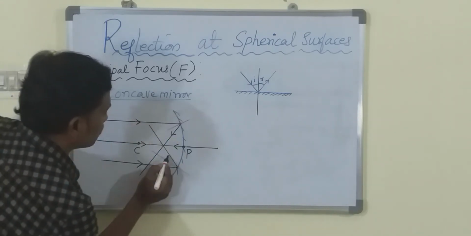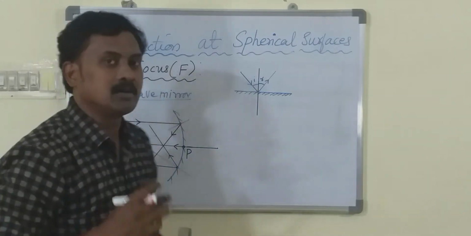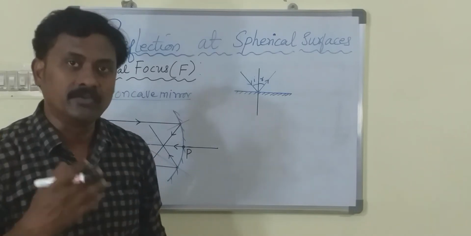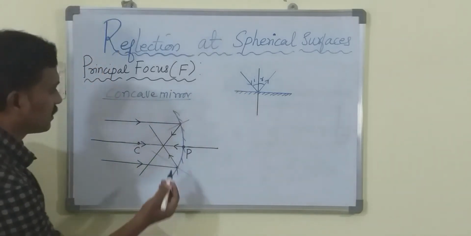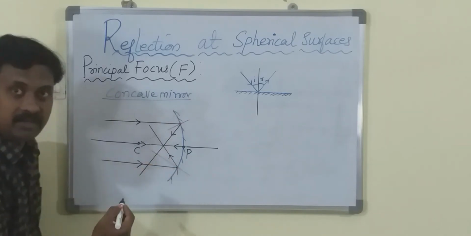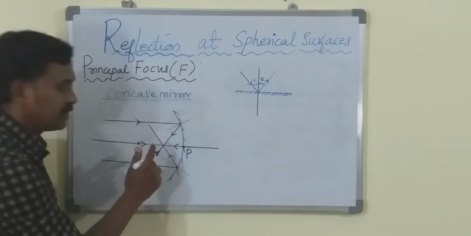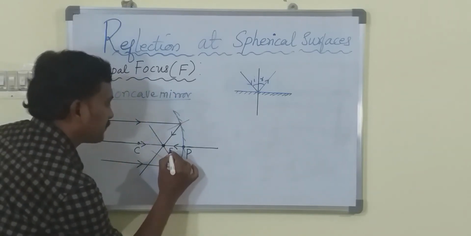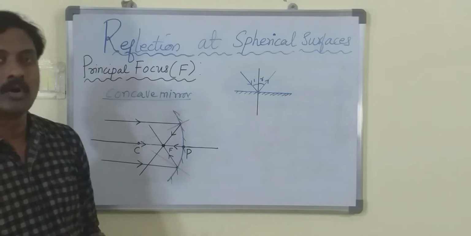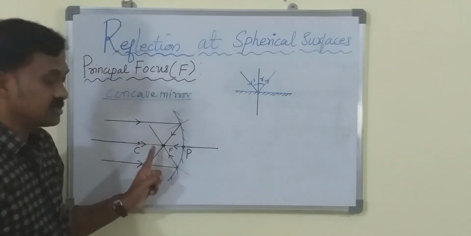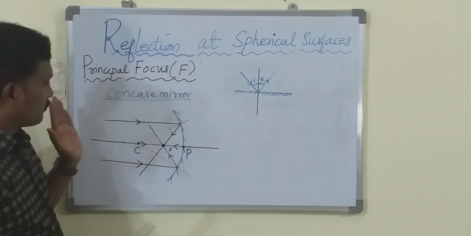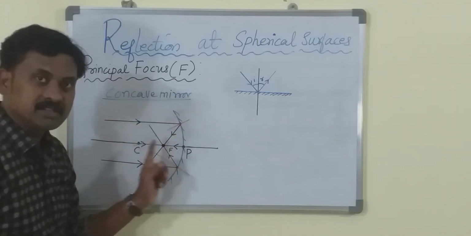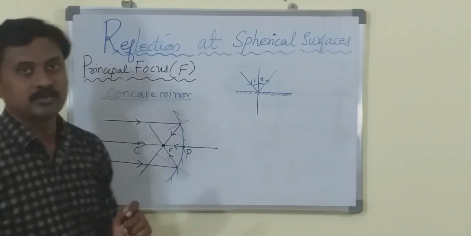One of the important points which you have to remember here is that the laws of reflection are valid, or you can say the spherical surfaces will follow the laws of reflection. So here we can see that we got three reflected light rays, and the three reflected light rays are meeting at a point, and that point is what we call the principal focus F. Principal focus F. So how do you define principal focus? The principal focus is a point where, when a parallel beam of light rays is incident on the concave mirror, the reflected light rays meet. That point is what we call the principal focus.